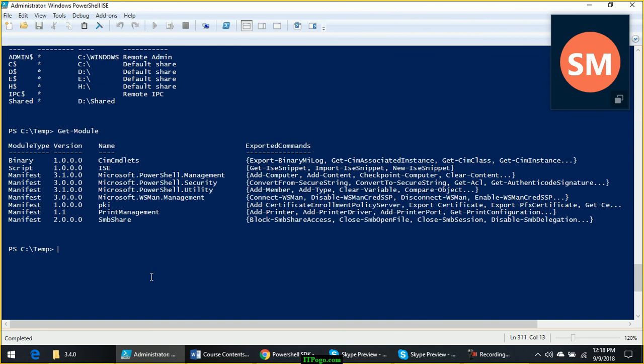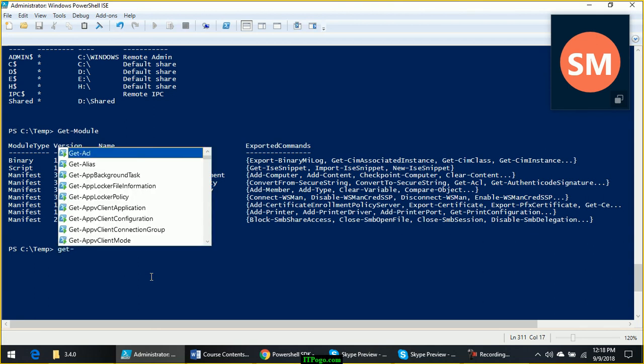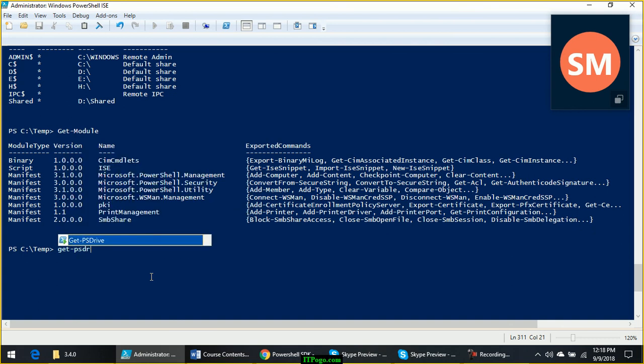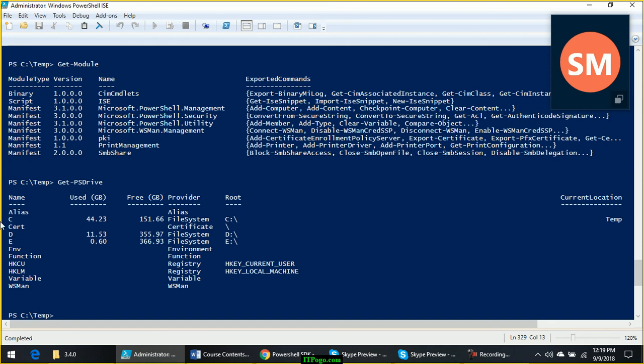And one more thing, we have seen the examples about providers. So providers like Active Directory, IIS, when you run this command get hyphen ps provider, ps drive, by default you will not be able to see AD or IIS drives. Even with the latest version of PowerShell, you have to first import the module, then only those providers will be available. But in case of commands, you can directly run the commands.